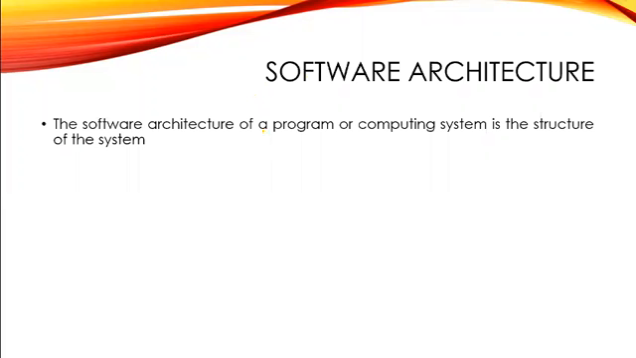The software architecture of a program or a computing system is basically the structure of the system. Whenever you draw an architecture, it means that you're designing how the entire software is going to look, how the entire structure is. Now, what is this structure going to consist of? It comprises software components,